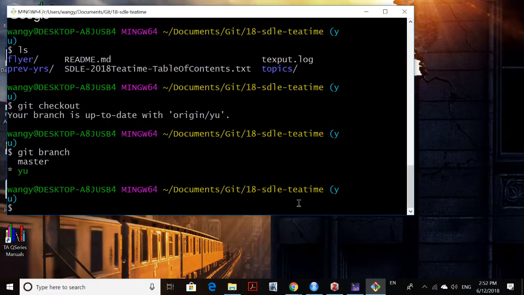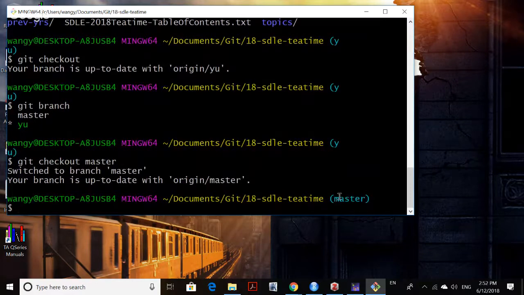As I said before, we can switch to other branches by typing git checkout master. Then you can change to the master branch. You can notice that here, the marker represents that I moved from my own branch to the master branch. And if I go back to my own branch, you can also create a new branch locally just by